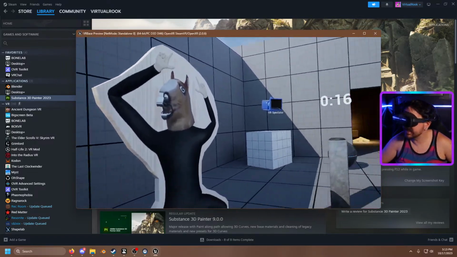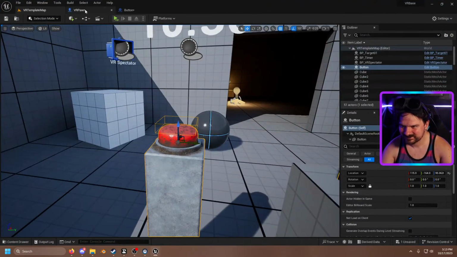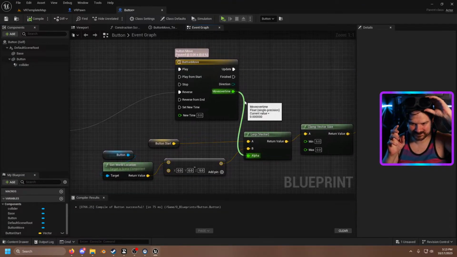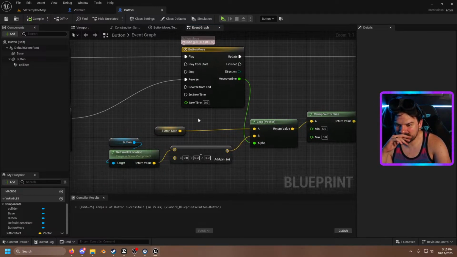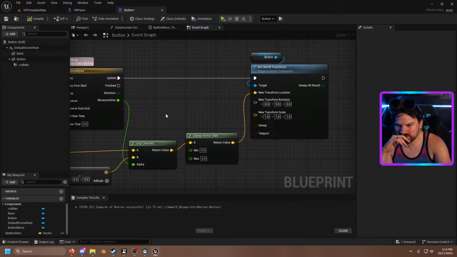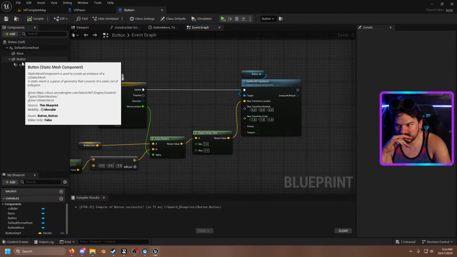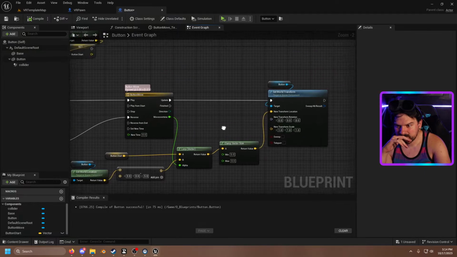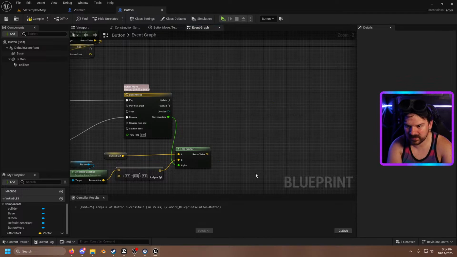I know why. Kind of. I think. So, right now what's going on is this is working because it's getting the world location. The problem is that all of this is based off of world location when it should be based off of the position of the button in here, which is relative. But I can't seem to figure out